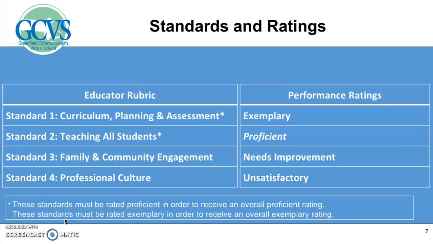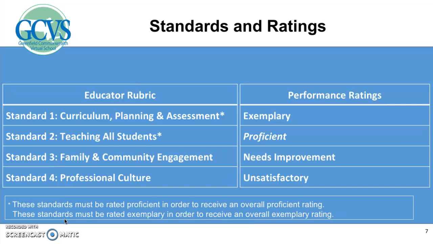The 4 performance ratings are given by your evaluator for each of the 4 standards and then for your overall formative and summative evaluations. You will notice that proficient is in italics. The reason for this is that the state has set the bar for performance on these standards very high. Proficient is considered to be a very high standard of performance, where exemplary is a rating reserved for those educators whose practice is worthy of sharing with the broader educational community in our state.